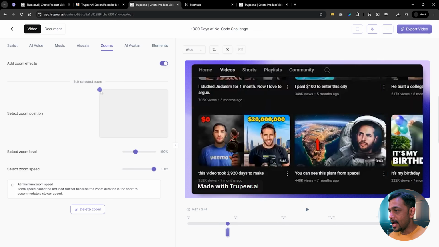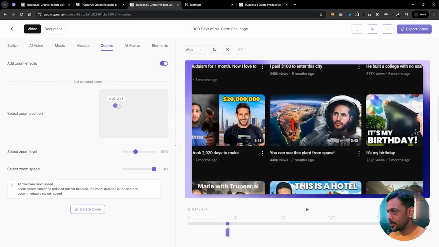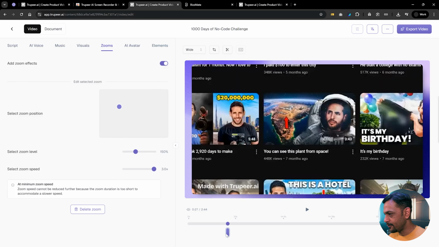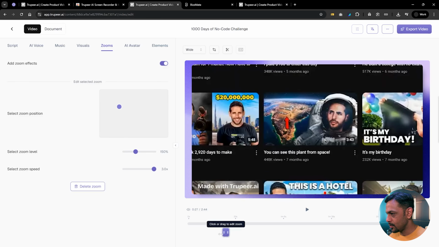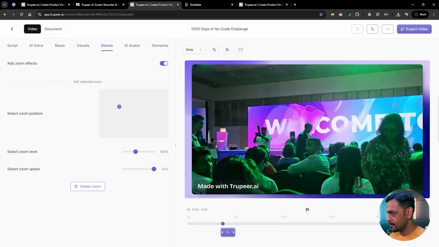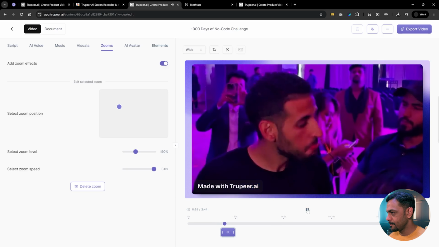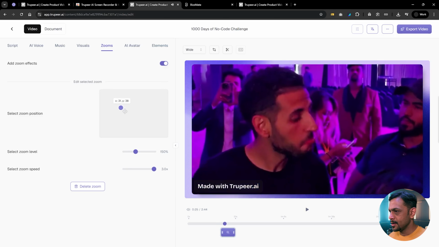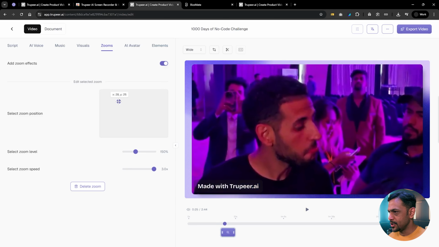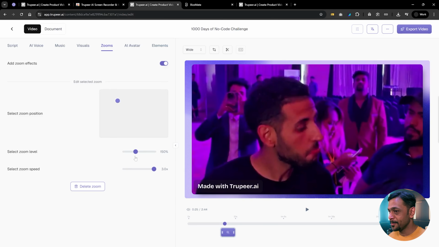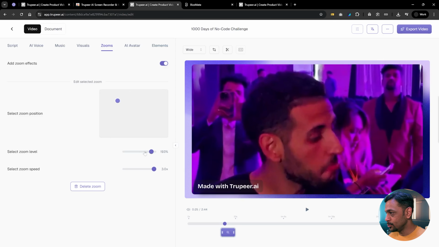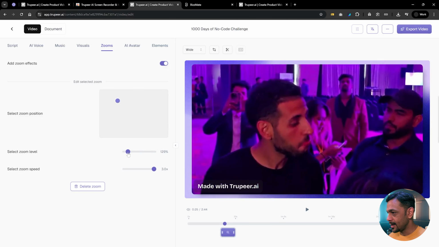Now you can say which part of the video needs to be zoomed, and for how long. You can also make something like this. Summit in Mumbai. So I can show which part needs to be zoomed in. You can select how much zoom, and you can also select the speed of the zoom. Now, when I come back